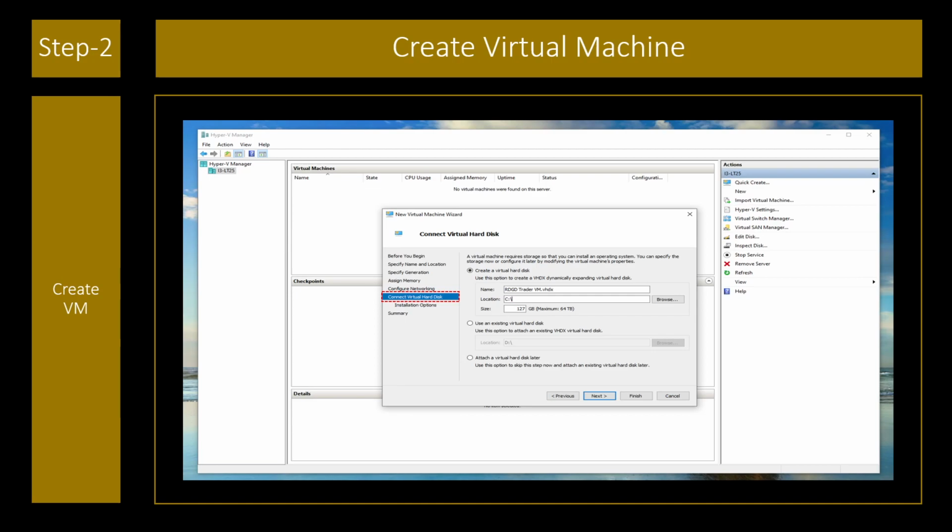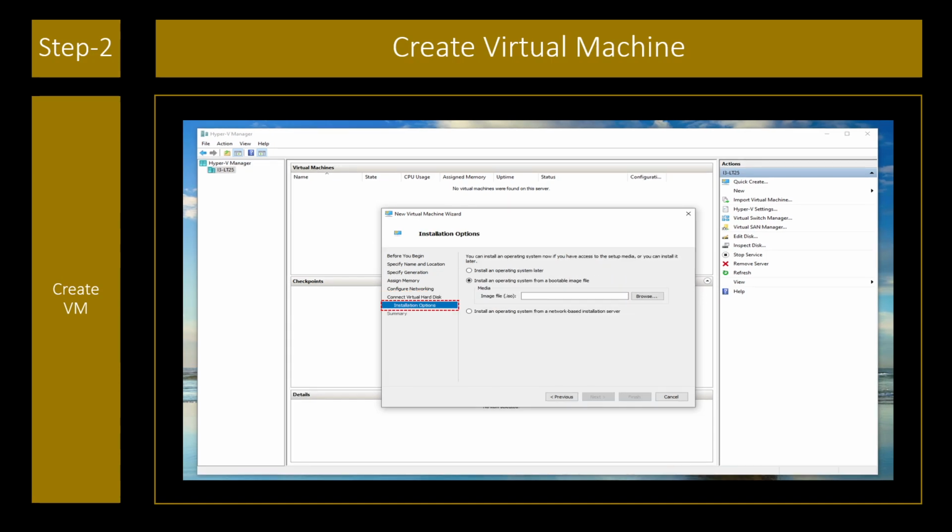By default, the location of the virtual disk will be D drive. You can go ahead with that option if you have a D drive on your computer. I have only a C drive on my computer, so I have changed this location to C. Then click Next. For the installation option, we will choose the second option of installing the operating system from a bootable image. For this setup, you will need to download the bootable ISO image file of Windows Pro or Enterprise Edition from Microsoft's website. So let's see how we can download this